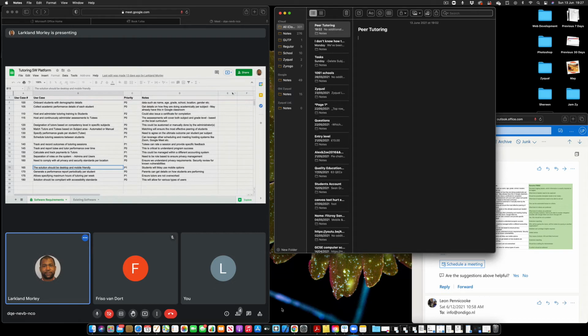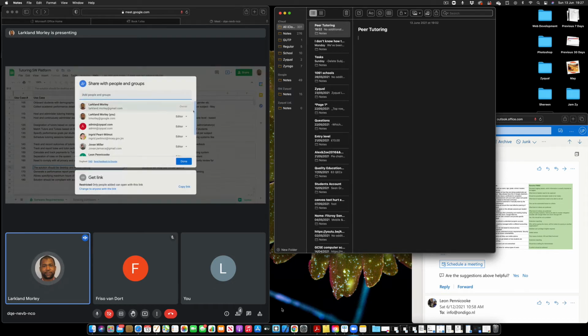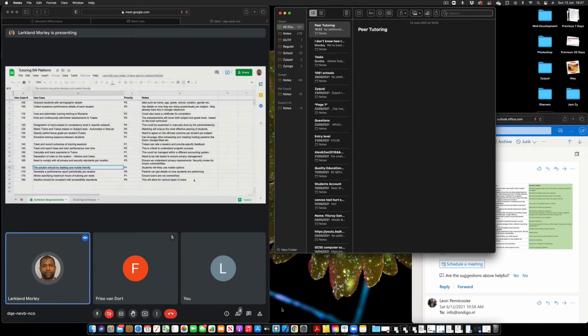Yeah, okay. That's good. And I think I already gave you edit privilege. So if you think you need to add some additional features or use cases that would make sense, for example, the recording. We know it's going to be expensive to maintain the storage, but if we think that's something we should think about in the short term. In the long term, we wouldn't necessarily have to record it.